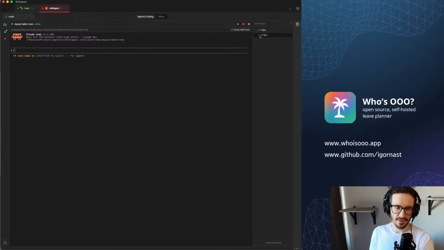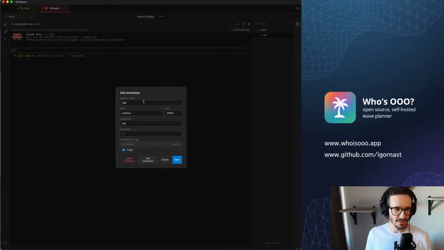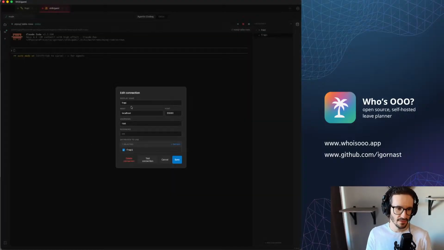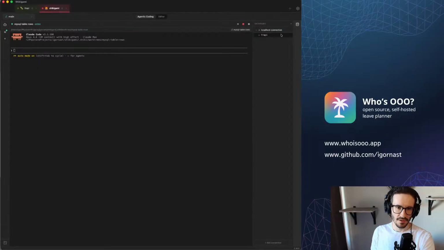We choose a database, and then there are tables, which if we click 2 times on a table name, sorry, okay, so this is the name of the connection. Let me rename it. So this is local host connection. This is the database, and then